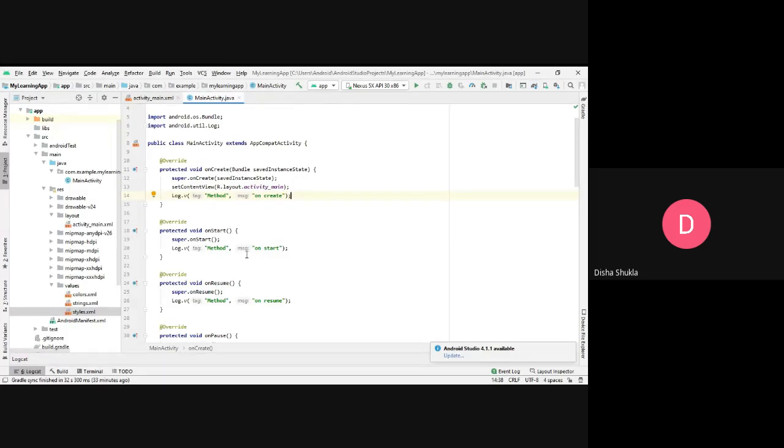And as you already know, there are certain methods for an activity, and the activity lifecycle starts with the on create method. Then we have the on start method. Then we have... Do you remember the sequence of each and every method that goes, I mean, in the sequence? I don't want only the names of those methods. I want to know if you are aware about the sequence. Okay, quickly write down if you are aware about it.